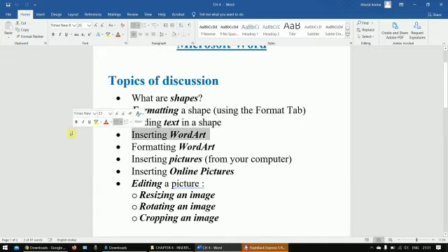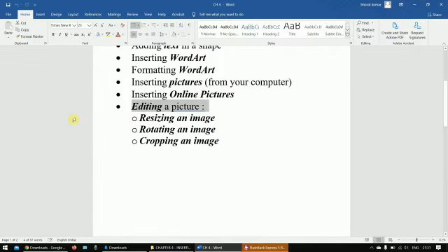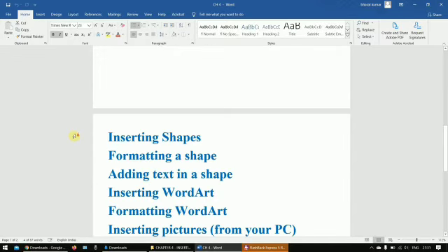Next is editing a picture, and next resizing an image, rotating an image and cropping an image. So students, for doing all these tasks we have this menu. By using this we can format our text as well as objects.